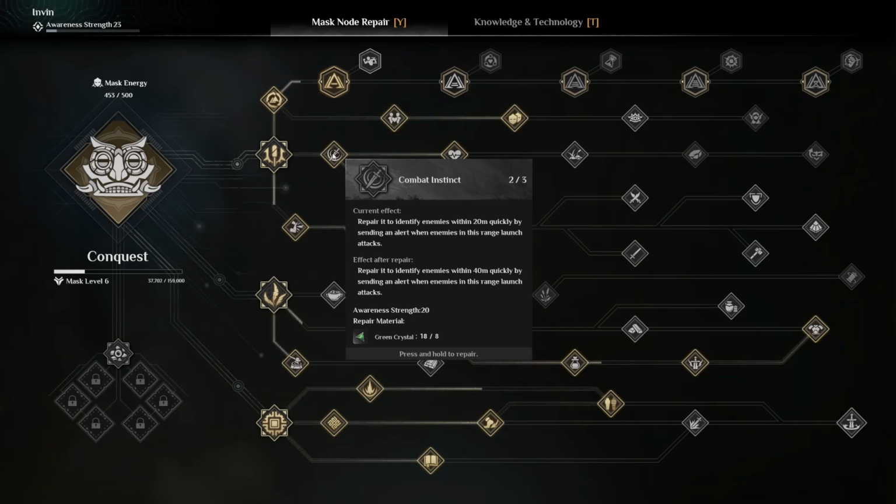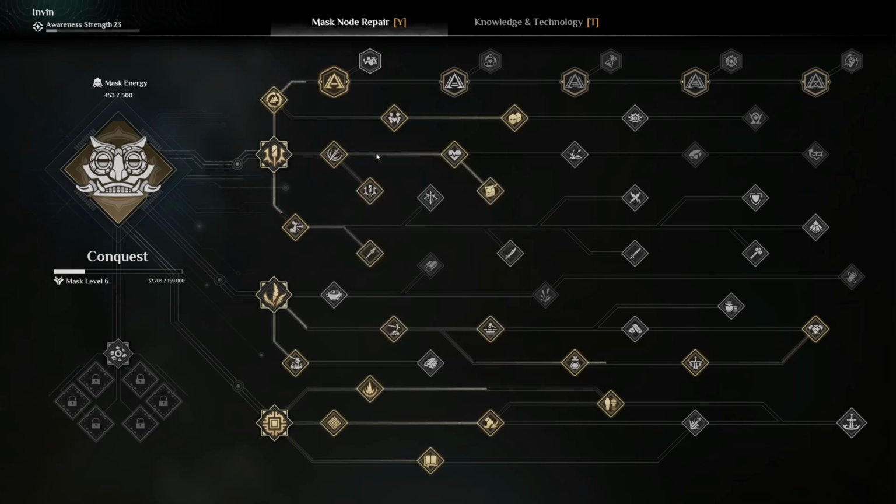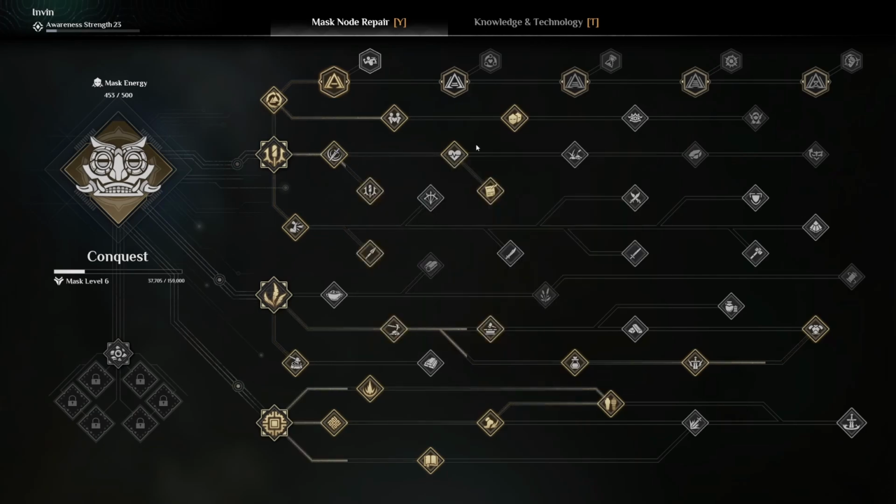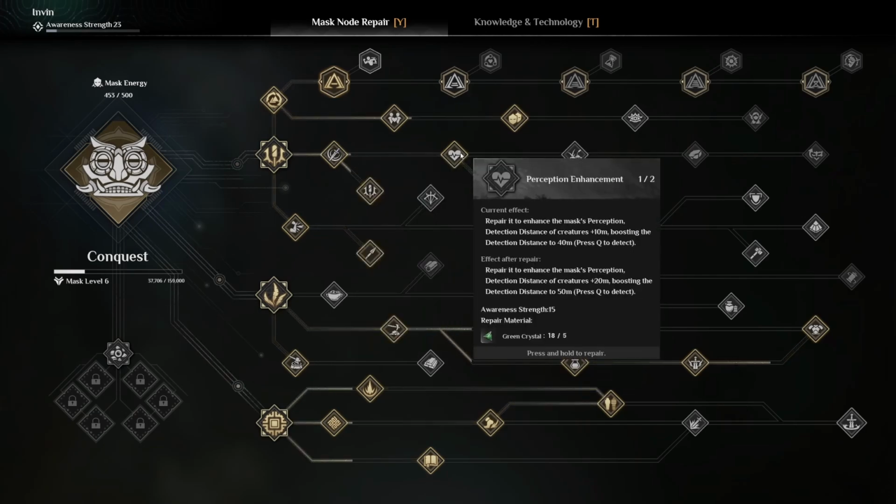However, it is a very, very useful thing, so if you like that kind of pre-warning for attacks, definitely hit that one up. But the reason I like this more than the actual function itself is of course because it leads to perception enhancement, and this is where you repair it to enhance the mask's perception. Detection distance of creatures plus 10 meters, boosting the detection distance to 40 meters, which is when you press Q